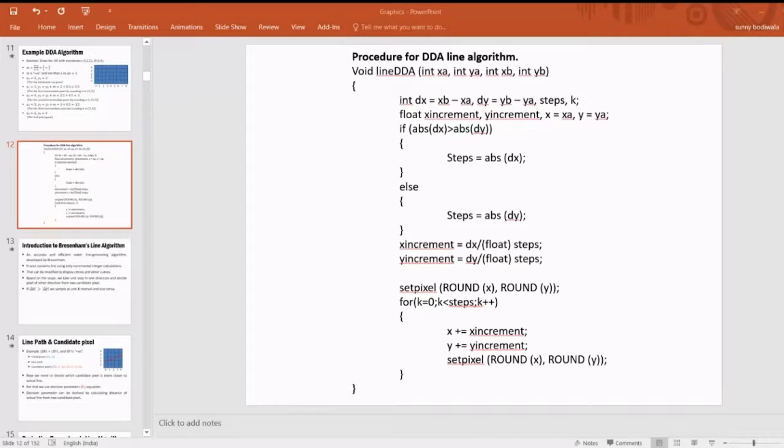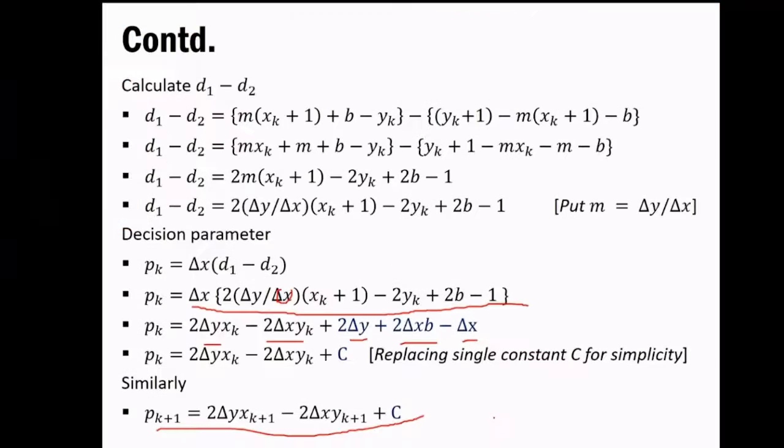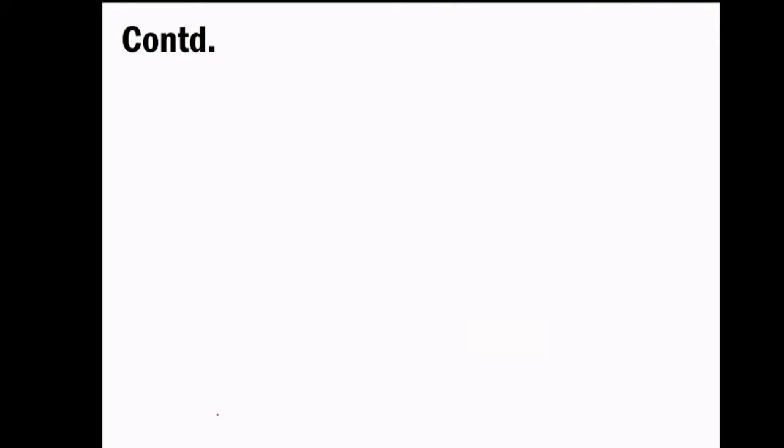Students who are not getting the simplification process and substitution process, I will show you the complete derivation that I have with me, so don't worry about this. At each and every stage I am here to help you. So as of now we have two things, that is the pk value and the pk plus 1 value. Now what we have to do with these values, that we will see.